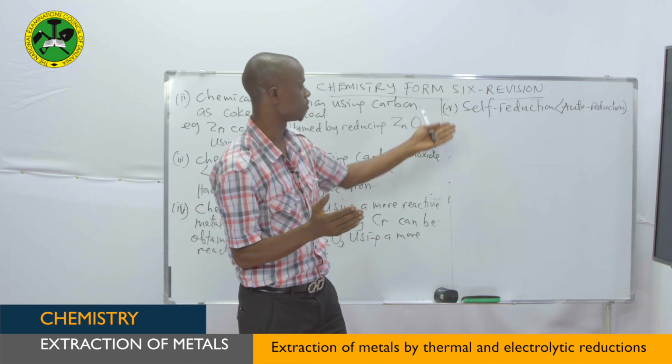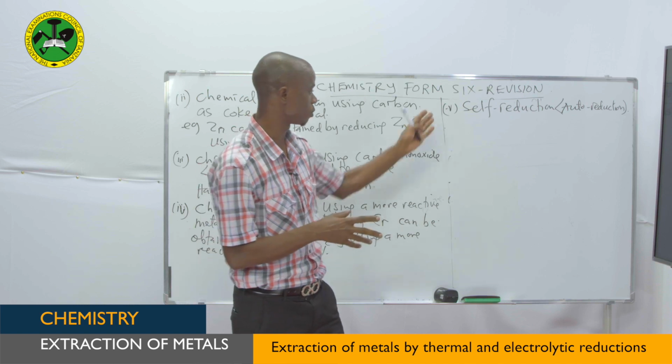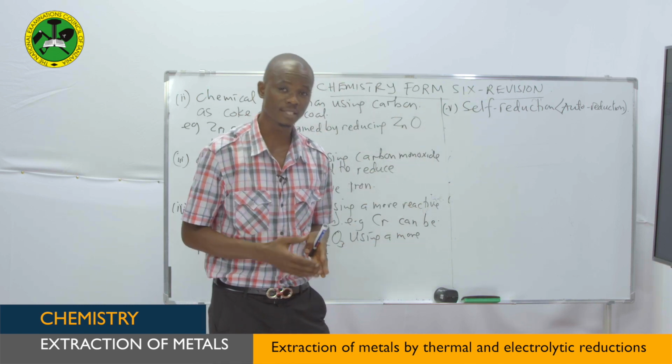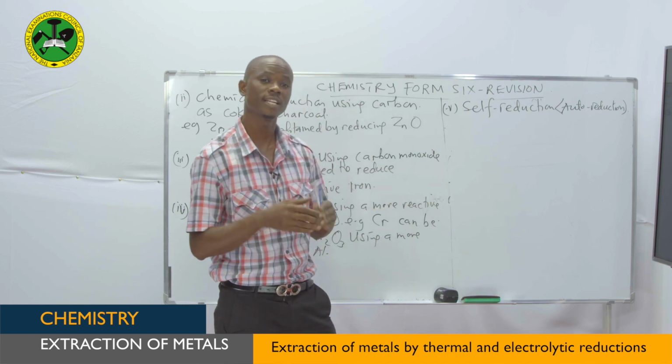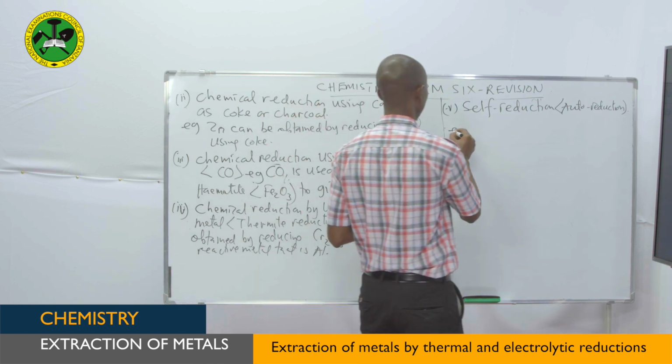Now here, this is involved in the reduction of sulfide ore. When the ore is oxidized, it can give the oxide. That oxide can be used to reduce the rest of the ore. For example,